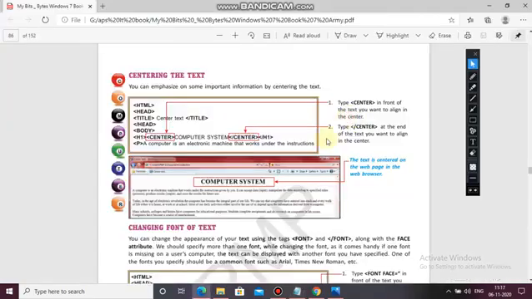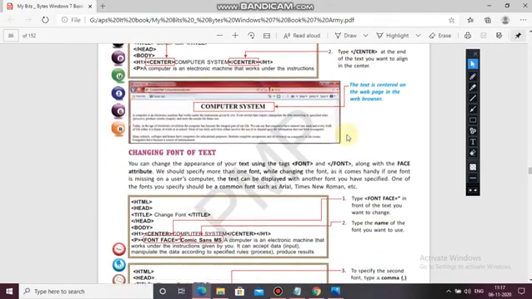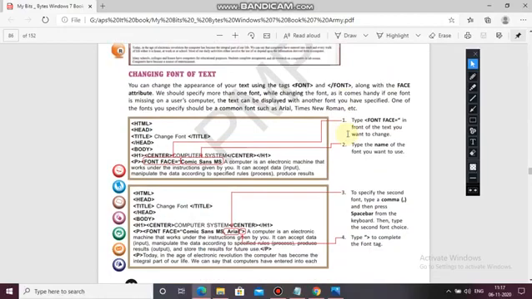Now coming back, changing the font of text. Now you have aligned it in the center, so you can change the font of the text also. You can change the appearance of your text using the font tag along with the face attribute.